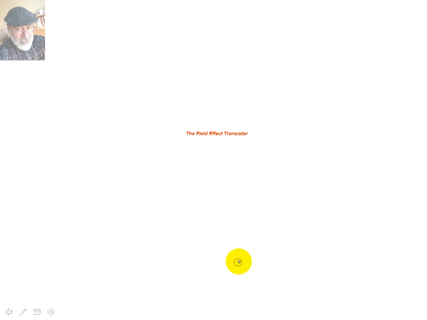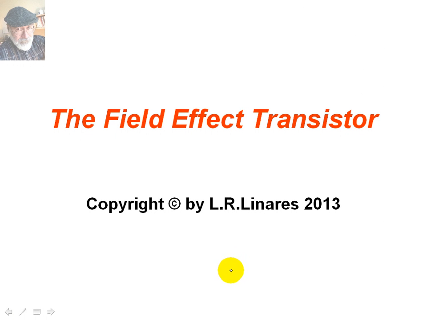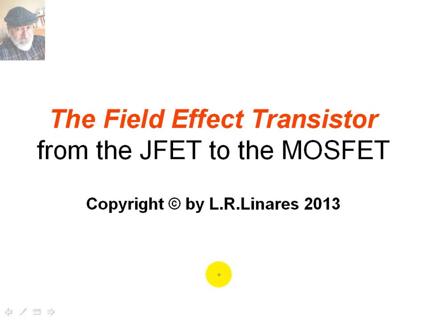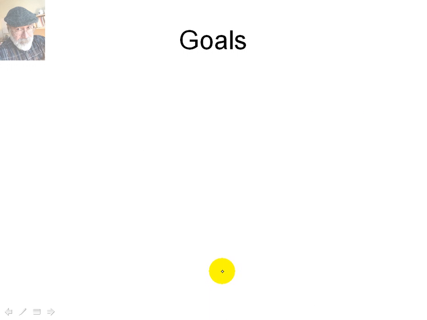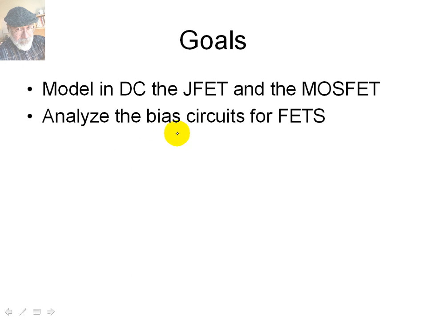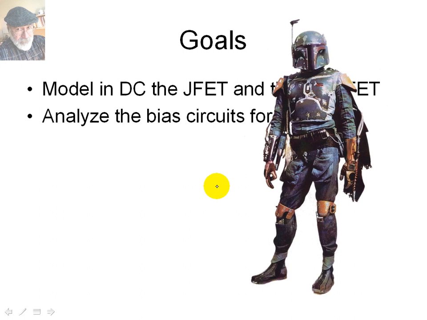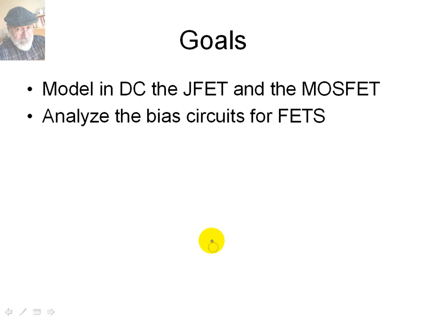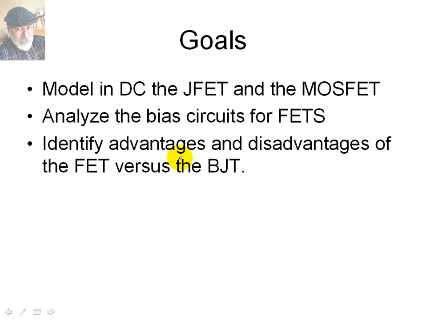Today we begin our conversation on the Field Effect Transistor, from the JFET to the MOSFET. At the end of this set of slides, I expect that the student can do all these things: model in DC the JFET and the MOSFET, analyze the bias circuits for FETs, but not this FET, not Boba Fett, rather this one, the MOSFET. Identify advantages and disadvantages of the FET versus the BJT, the bipolar junction transistor that we